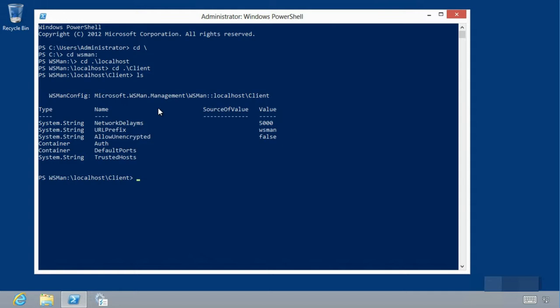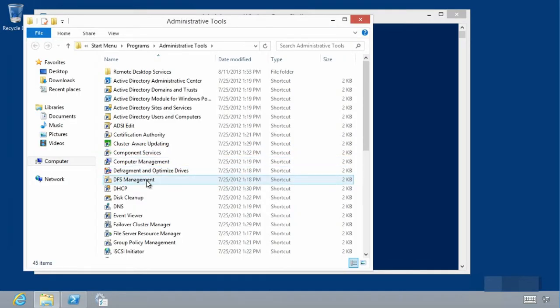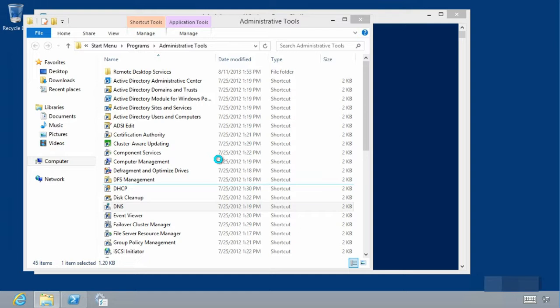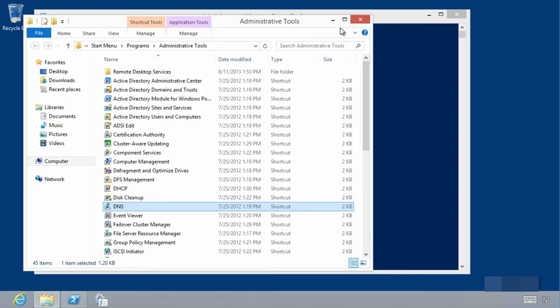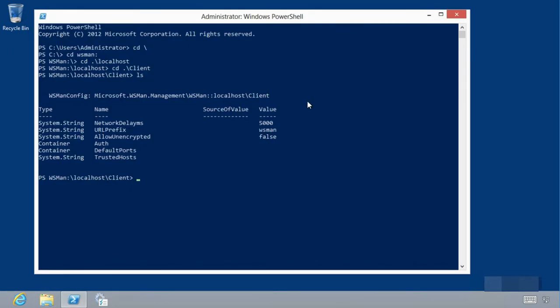You need the IP address to send stuff across the network, but you want to use the name as a way of referring to it, and so the name is what you need to trust. I'm going to show you something right now, and I'll show it to you again in a minute because I'll reinforce it then. In my local domain's DNS, I have set up a conditional forwarder so that any host in the foreign.pri domain will be sent off to this IP address, which is the foreign domain's DNS server, for resolution. And what that means is I should be able to resolve the foreign domain controller name to